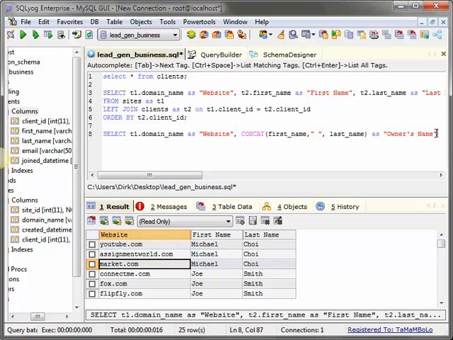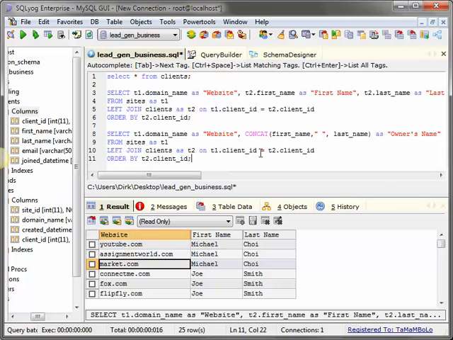Okay, so that's it, and then let's just copy this. It's almost the same query, we just added the concat. Let's check it: T1 domain_name as website, concat first_name, space, last_name as owner's name. This means that there are only two fields to be displayed, the website and the owner's name, from sites as T1, left join clients.